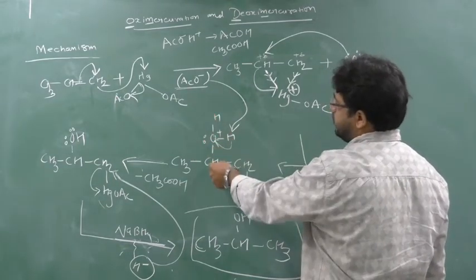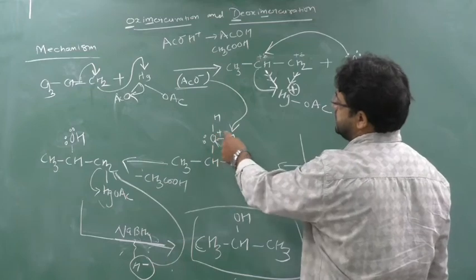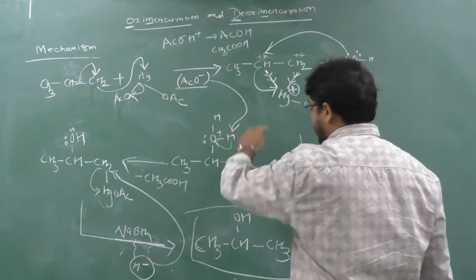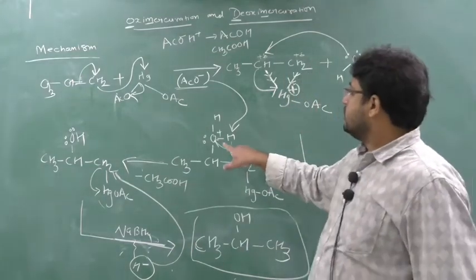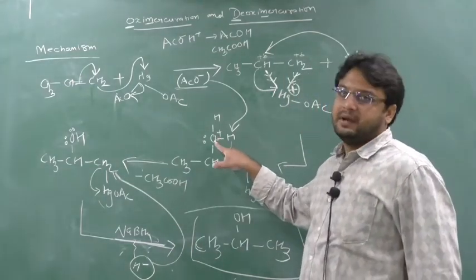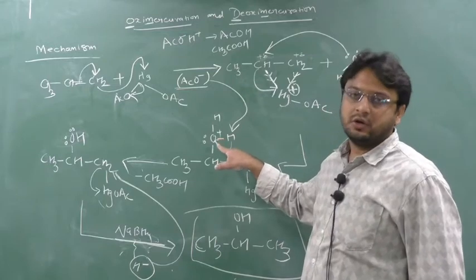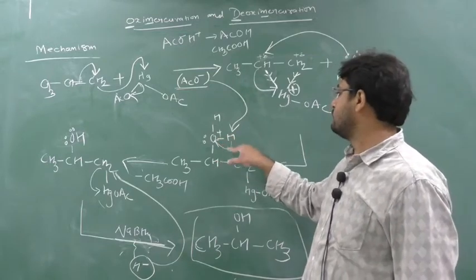So oxygen is giving its lone pair. The one who gives the lone pair creates a positive charge. So now this is a positive charge, and this forms another electrophile, a big electrophile. Now as we know, oxygen is an electronegative element, so this plus charge doesn't look good. It should have a minus charge. So I have to remove this H plus.